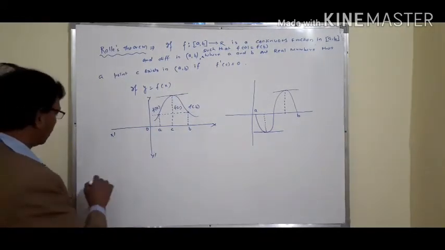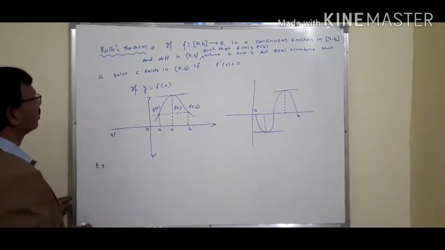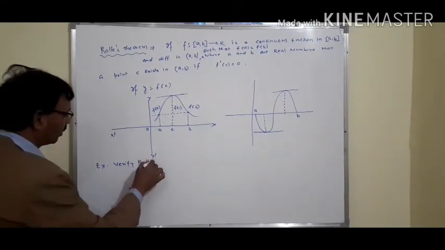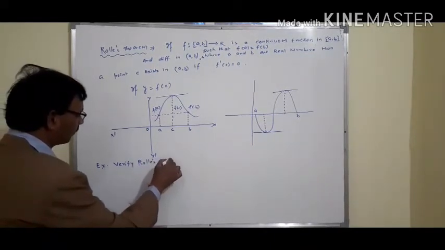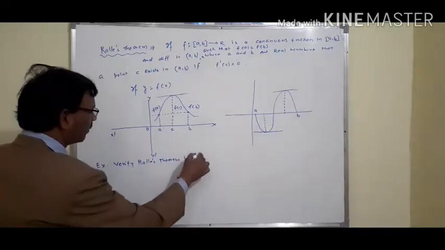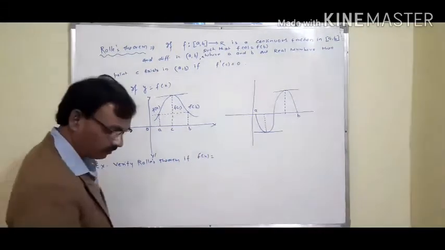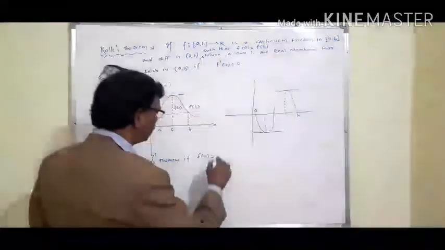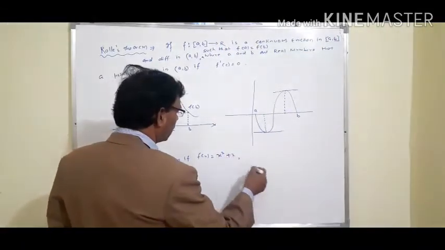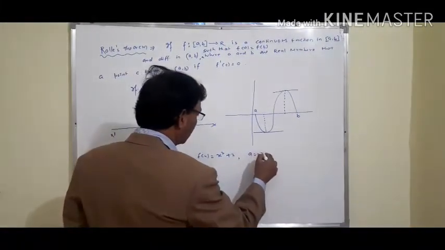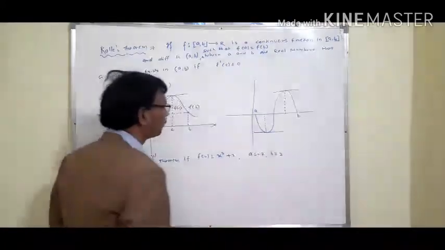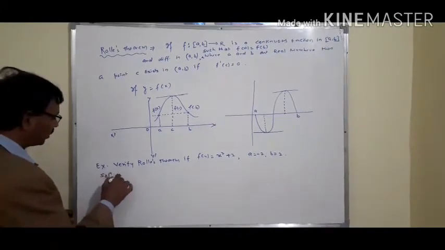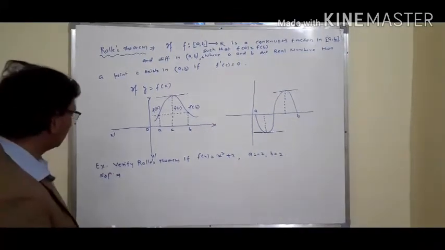Now we will take one example related to Rolle's theorem. Verify Rolle's theorem if f of x equal to x square plus 2, where a equal to minus 2 and b equal to 2. For the solution of this, we should proceed